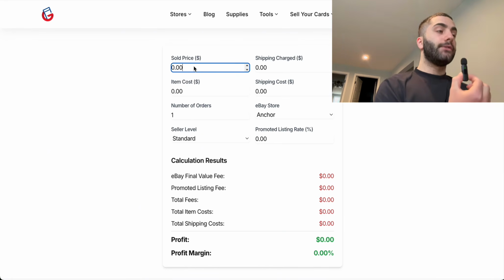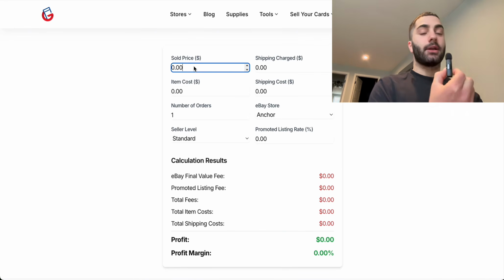When you're first starting off, this is something I didn't clarify a lot in my previous videos, you might struggle to do what I recommend of that 30% above market price because you don't have a lot of sales or feedback on your account. So it's going to be hard to charge a markup unless you have a really rare card, really good condition, stuff like that. But if you're just starting off, you're going to want to charge at least market price